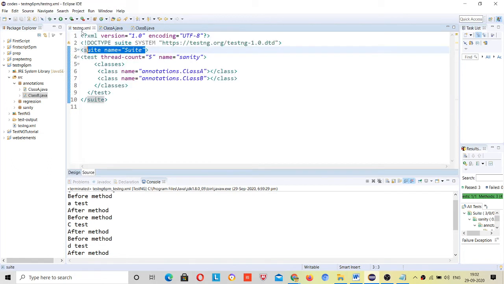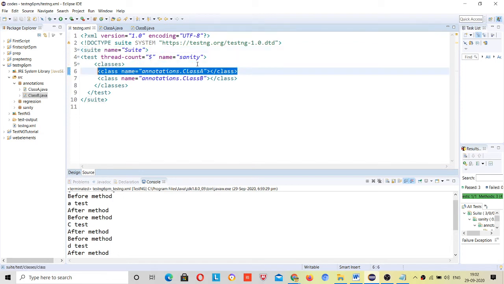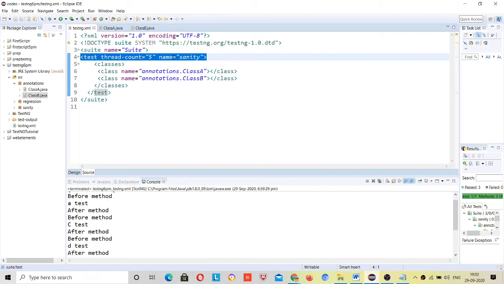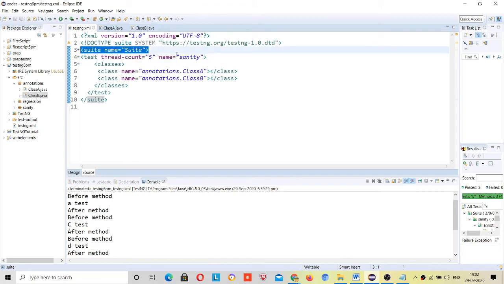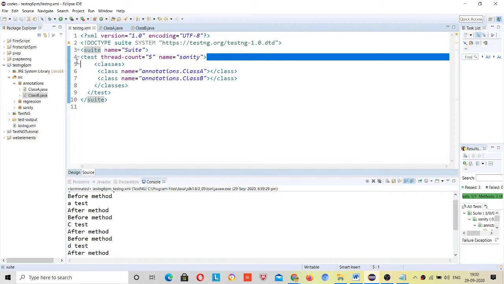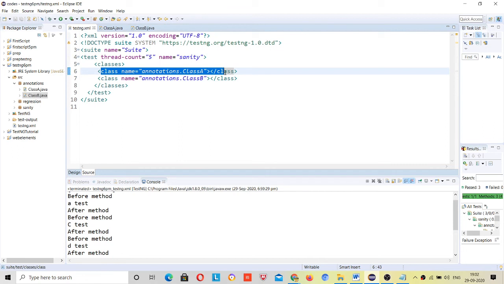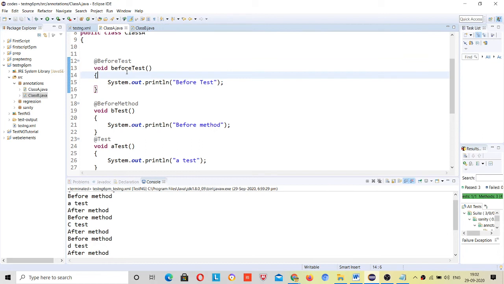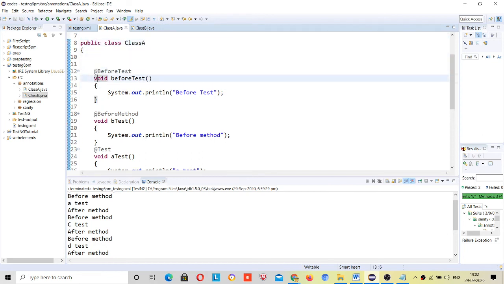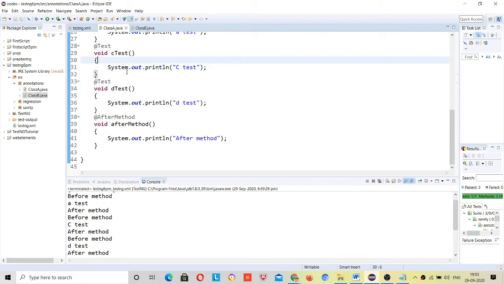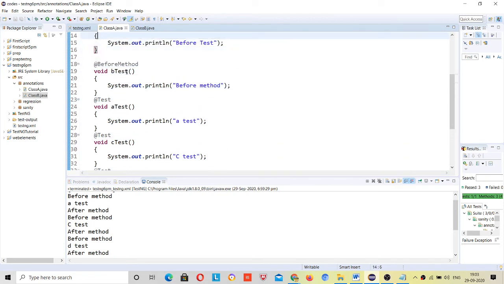This your testng file also says, right? This gets checked inside the class level only, right? Test depends on package level, and this depends on the whole project. Before suite and after suite will be checked inside the whole package, whole project. And this will be checked inside a particular class only, right? So it will check whether any before class is present. No. So it will then run its properties, right?